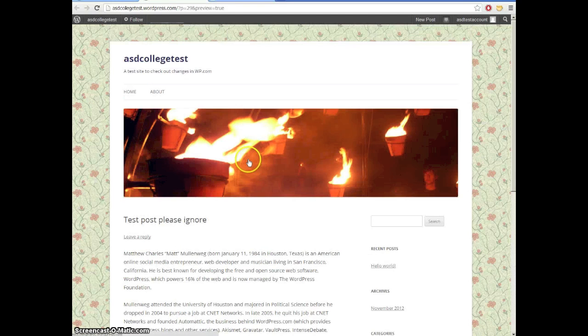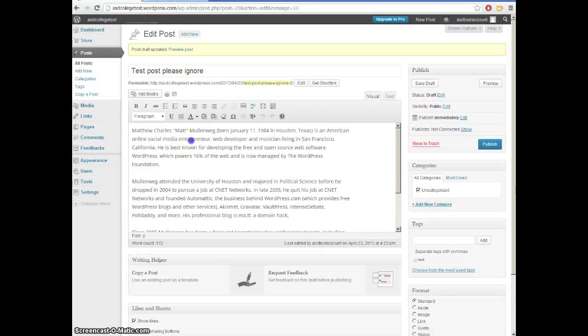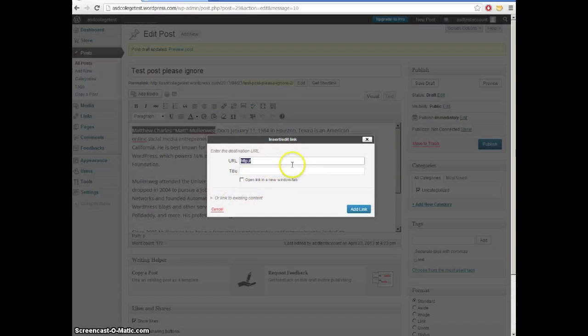There. Get rid of that. Linking. Let's take Matt's name and link it to the WordPress site. Linking is done with this little icon here that looks vaguely like a chain. Until you've actually got some text selected, it's unavailable, because you have to have text selected or there's nothing to link. Just click on it and you can type in the URL you want to link to,